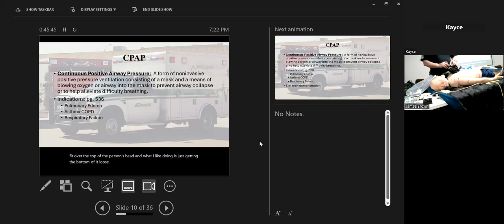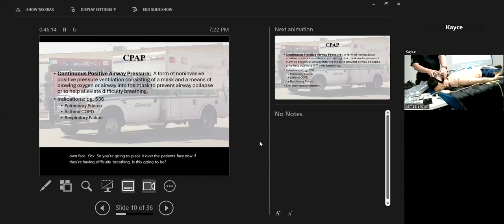And you're going to want this to be fairly tight on the patient's face. The idea is to create a good seal around the patient's face. I don't recommend this one, it's old and it's been used a lot, so do not be placing this over your face. So you're going to place it over the patient's face. Now, if they're having difficulty breathing, is this going to be